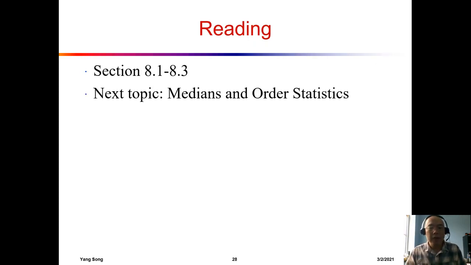After this lecture, you want to read textbook sections 8.1 to 8.3, and in the next class, we want to move on to something other than sorting algorithms. We are talking about the median and the other